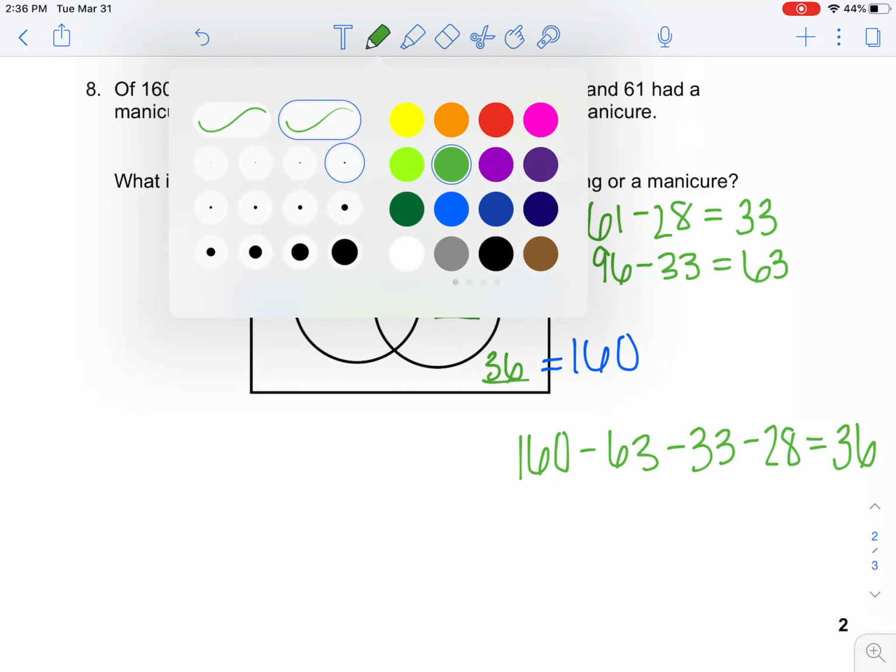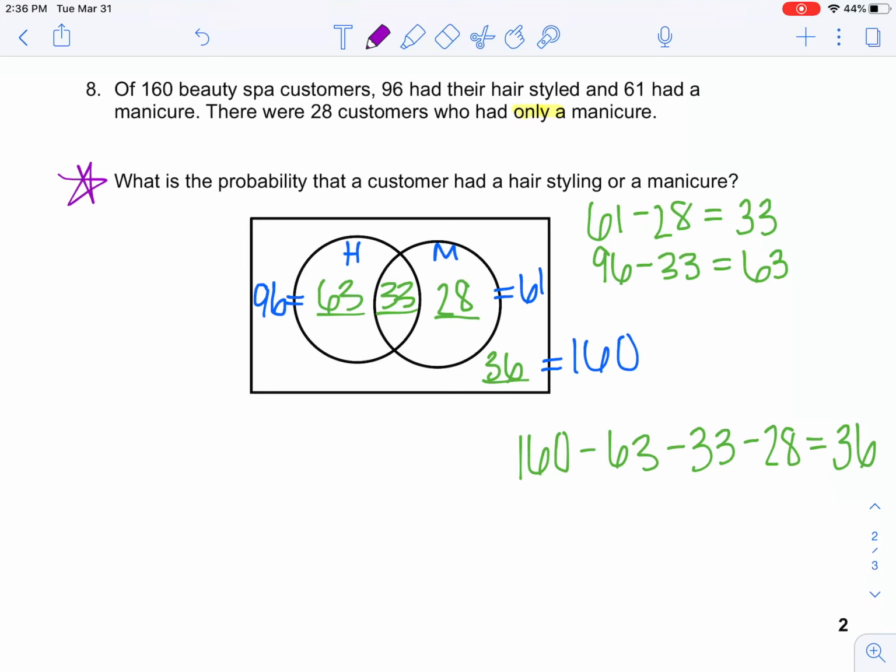Okay, now that we have our Venn diagram filled out, what is the probability that a customer had a hair styling or a manicure? So again, we have an inclusive event because we have that overlap. So we'll add together our two probabilities and subtract our overlap. So the probability that a customer had a hair styling is 96 out of 160. So we're using that total of people who had their hair styled. You can find that at the edge of your circle or in the sentences that we started with,